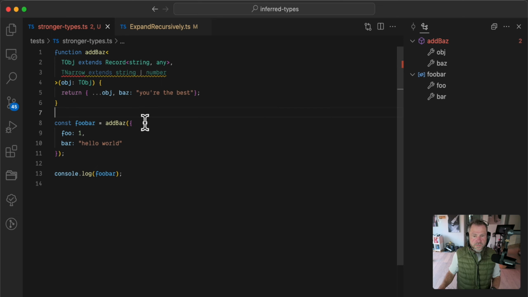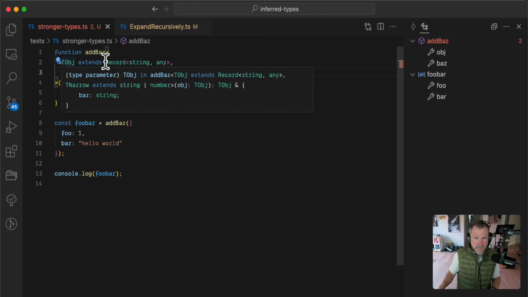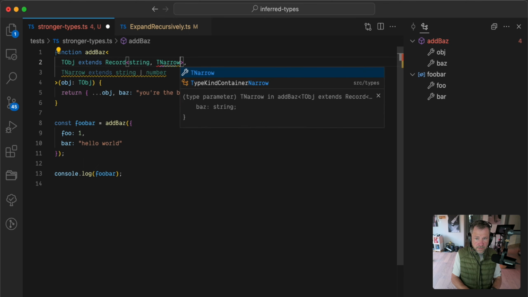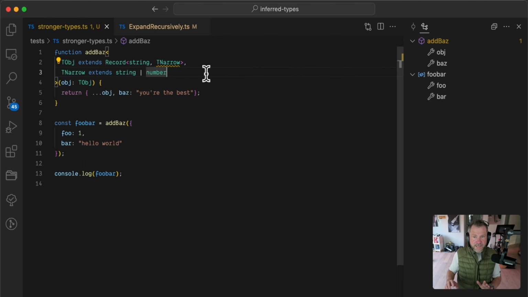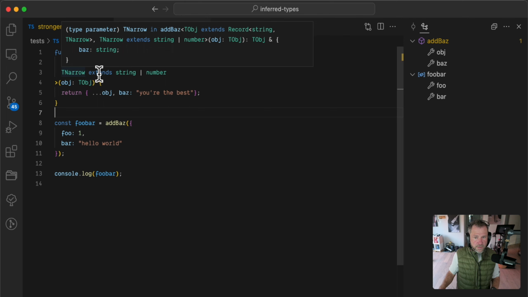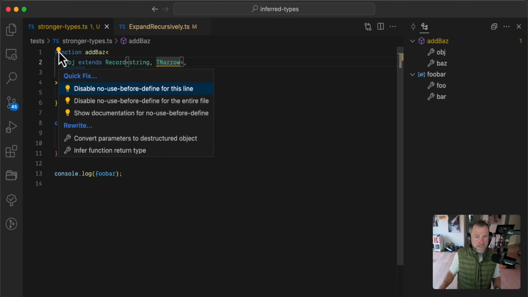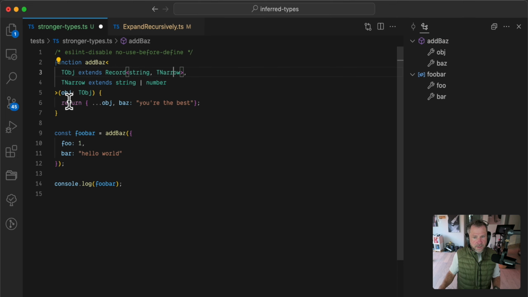And so far we haven't really done anything. We've just added this extra generic. But what we're going to now do is we're going to take our definition of TObject, and we're going to use that TNarrow to say, rather than it being any type, what we actually meant was we want it to be this narrow type of either string or number. Okay, now it's giving me a yellow squiggly because TNarrow is defined after TObject. But in types, I find that actually that error can be ignored. It's just an ESLint suggestion, really.